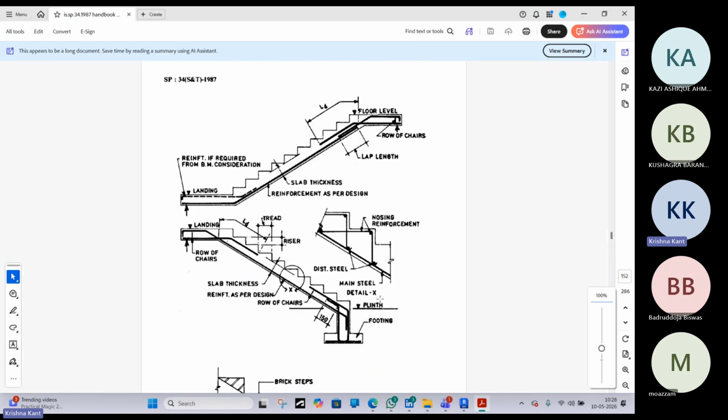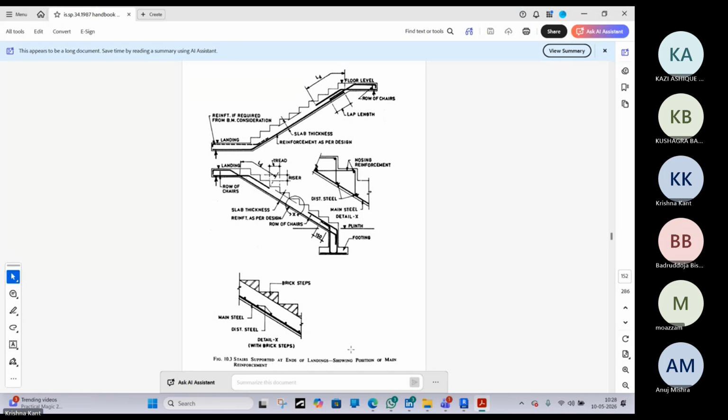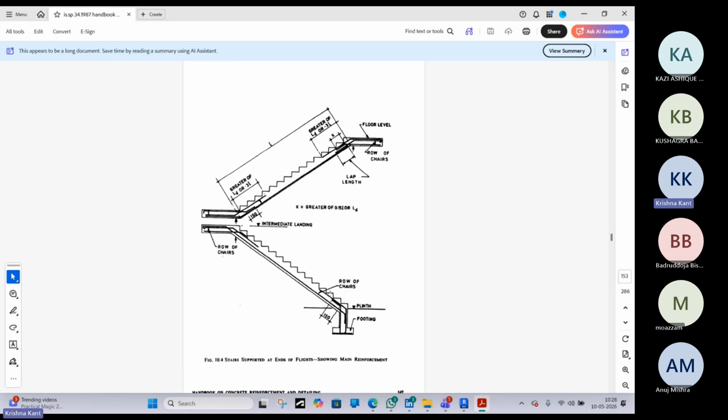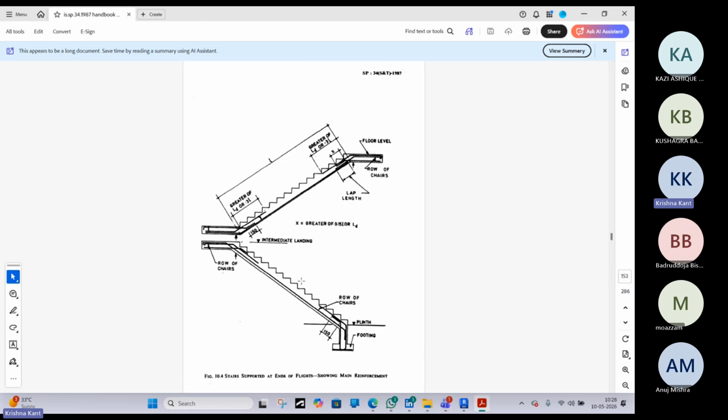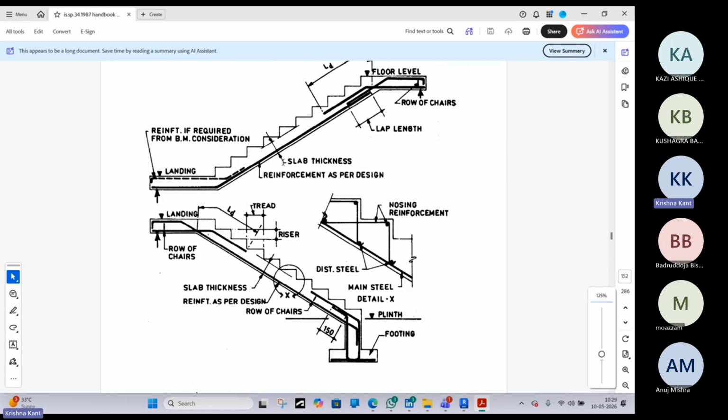Now you can notice there are two details right now provided. This is generally when there is a small portion of stairs. You can notice there are a little fewer rebars, but this one has more rebars because this type of stairs we have to provide in commercial space when the stairs is too much length. Okay, in that scenario we have to provide extra rebars. But this is just a simple example of residential rebar, how the residential building stairs rebar we have to detail. Okay,